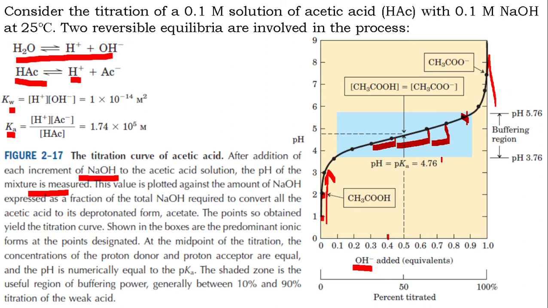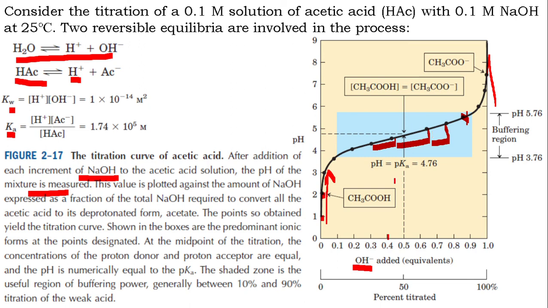So here you can see a somewhat flat region. In this flat region, this mixture of acetic acid and sodium hydroxide can act as a buffer system. What is a buffer? A buffer is a system of reagents which can resist change in pH upon the addition of acid or alkali into it.